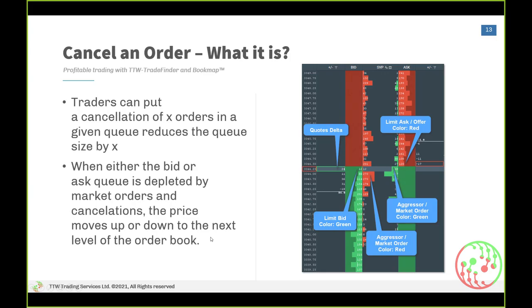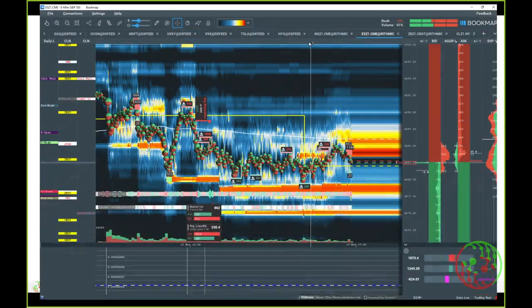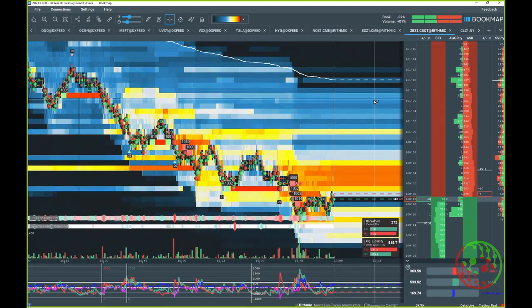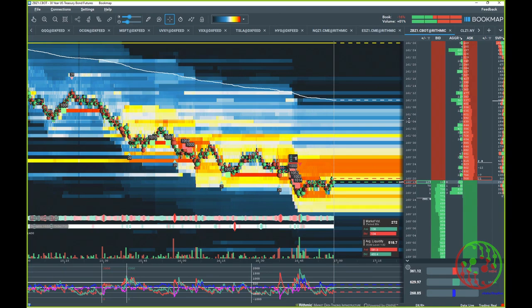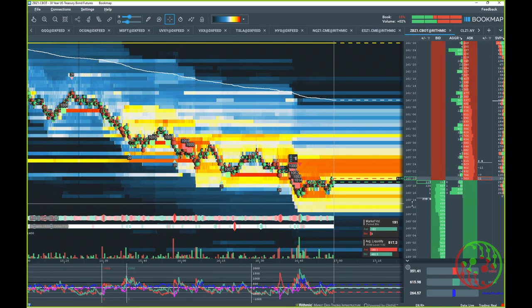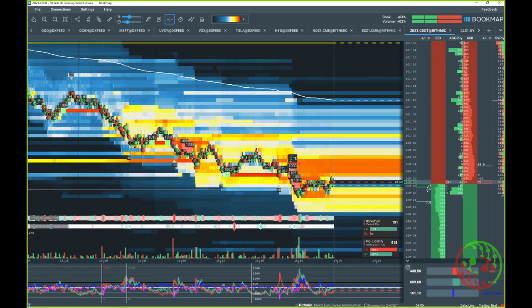This is as well to answer your question. There was a question about the quotes delta. You see the depletion of the book in the quotes delta in this column here. Hard to see for NQ. If you are trading the German DAX, it's impossible, but you see that very nicely for treasuries here. If something is cancelled or added, you can't follow that really easily with the quotes delta column here. So quotes delta, nothing new really.